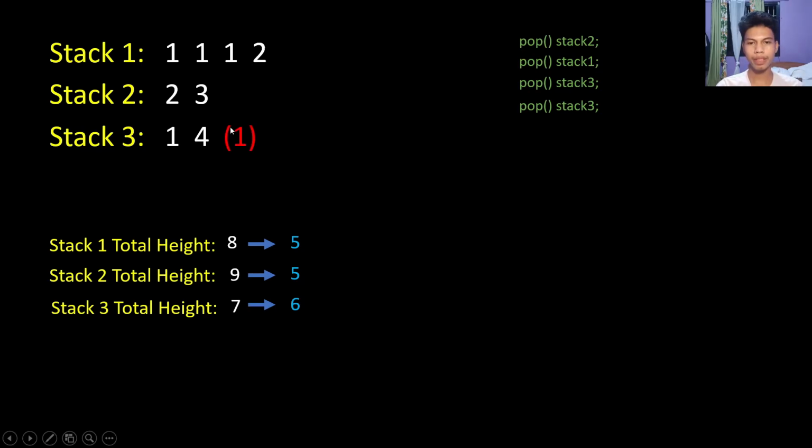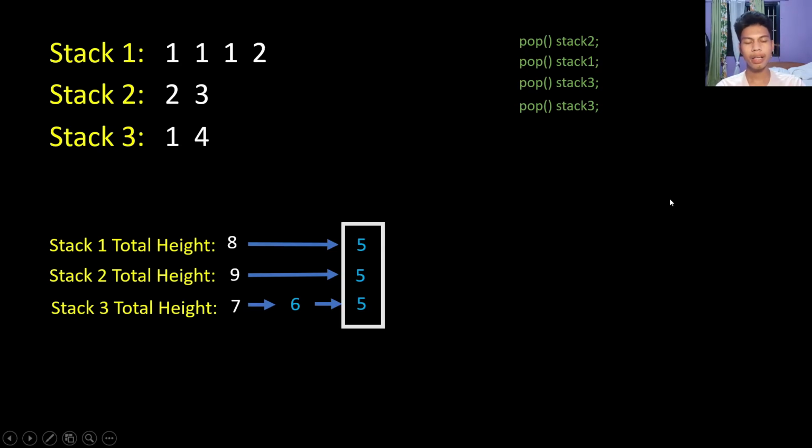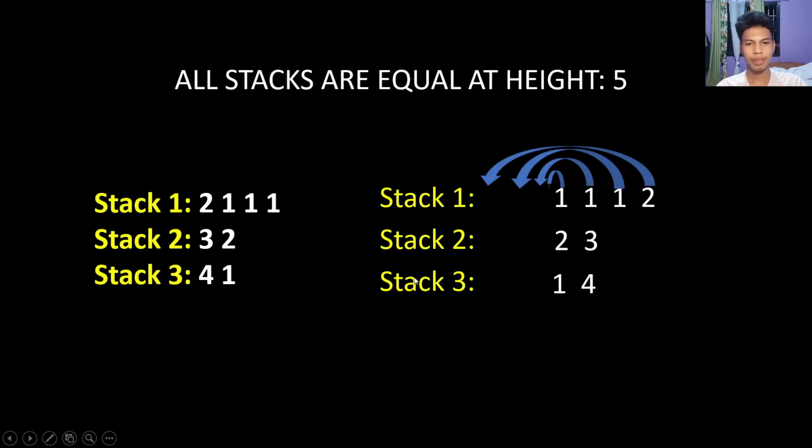So we will pop the number 1 here. After popping, we will now have an updated total height of stack 3. Since we now have equal total heights of each stack, the program will display all stacks are equal